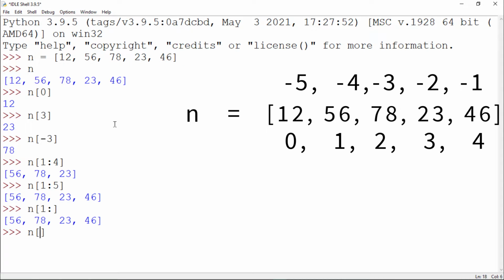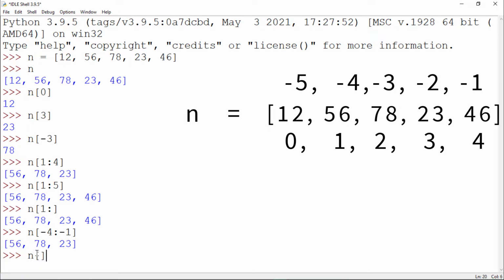So let's try here. What I will do here is I will say -4, which is 56. Then it will end on -1. So let's try it. We are getting all the three options, but where's 46? So it's having the same problem as with the positive index values. So now let's try again here.